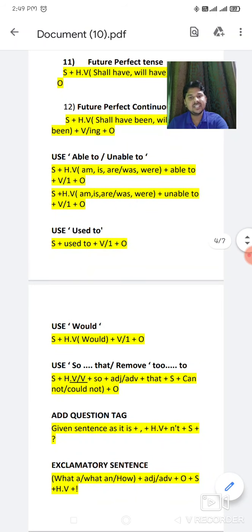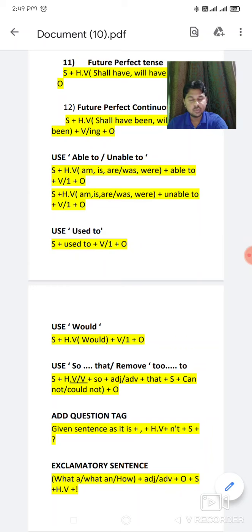First of all, we will start our sentence from the subject. Okay, after that 5 helping verbs are there, but in that any one you have to use 100%. Which are they? Am, is, are or was, were. According to the group you have to use any one of them. It might be from am, is, are, or it might be from was, were. You will get to know the complete rules, and I hope I have explained it to you before, students. After that, using the helping verb, able to will come, after that verb first form, and at last object will be there. Let me repeat the complete structure: subject, after that helping verb am, is, are or was, were, after that able to, verb first form, and at the last object will be there.